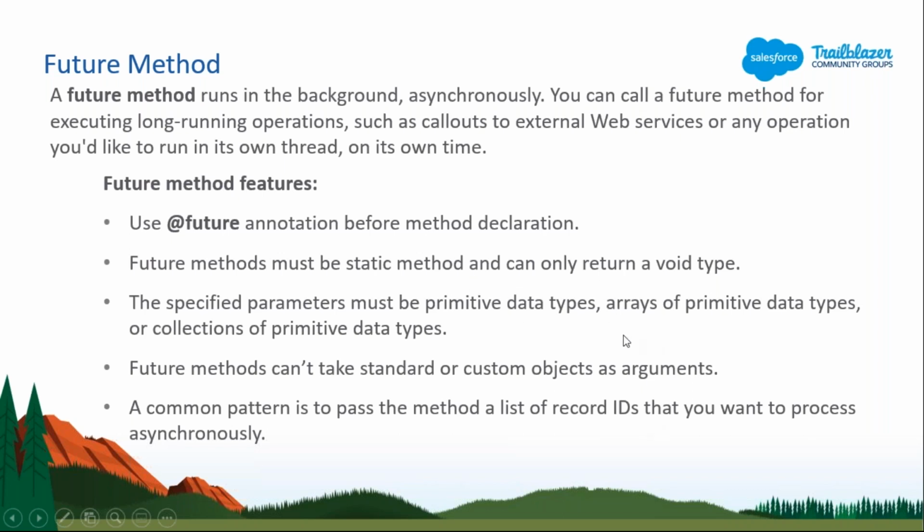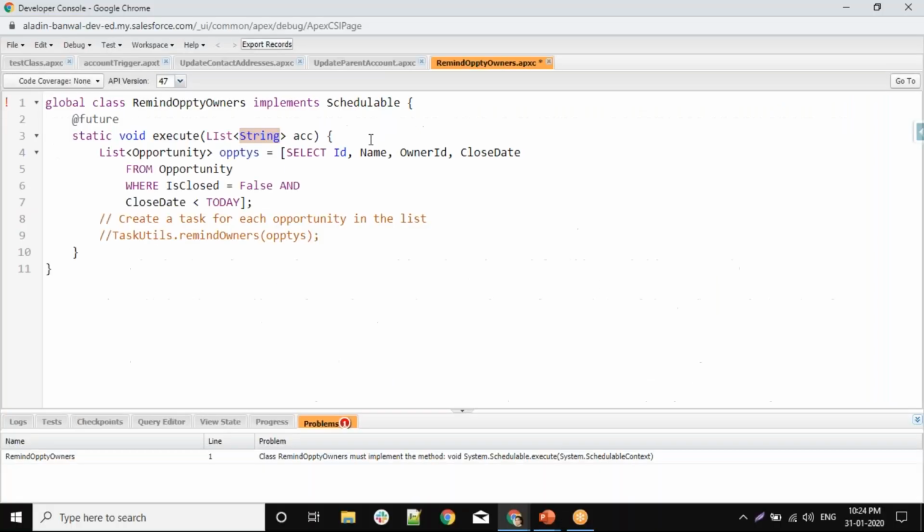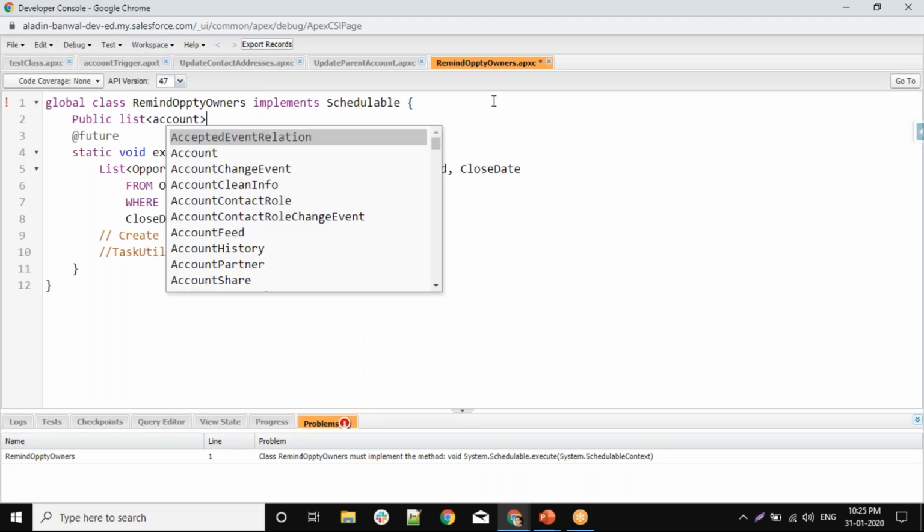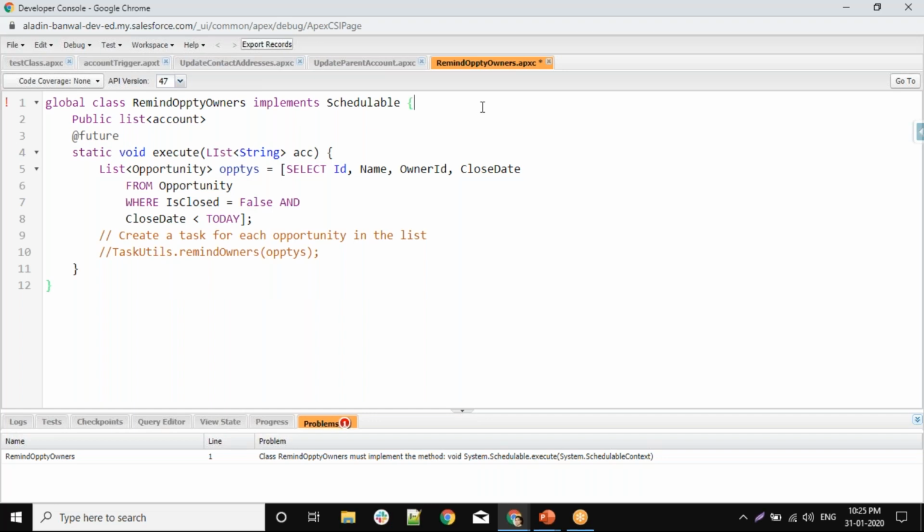So if you want to perform this future method with your object, then before this, create a public list of Account, and then here create another method.